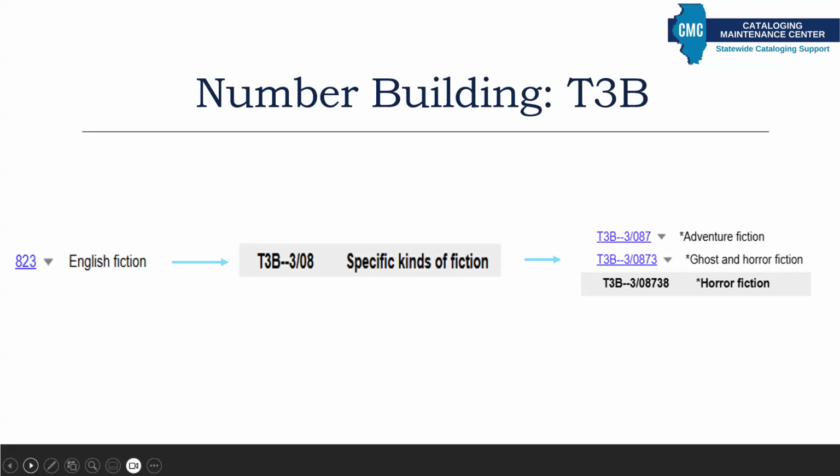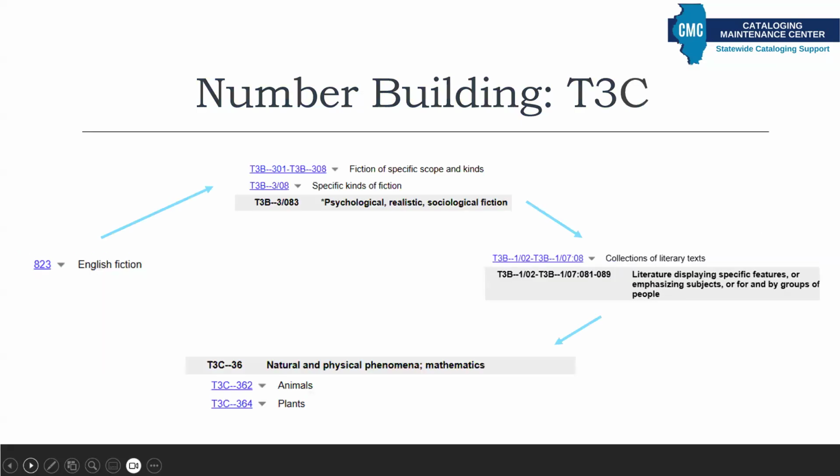And now we're going to look at T3C. We're not going to go too deep into this process, but we're going to create a quick built number with the T3B and T3C tables as the number for a collection of Irish short stories about plants. We start in 823, then navigate to the T3B-3 for specific kinds of fictions and choose realistic fiction in